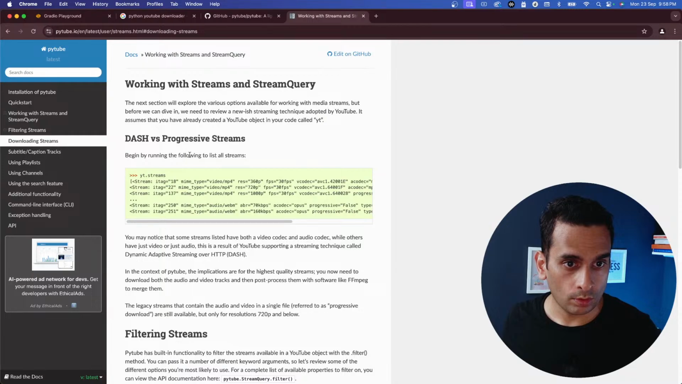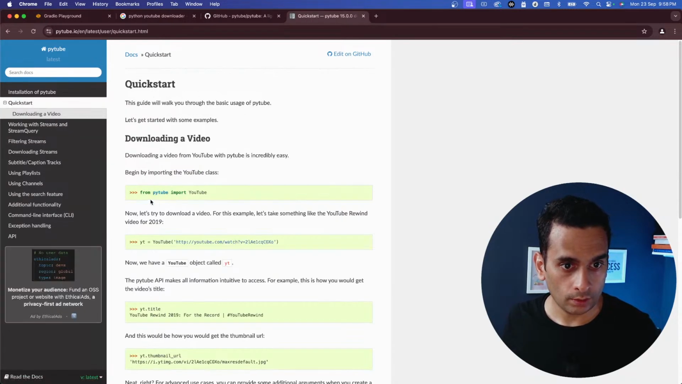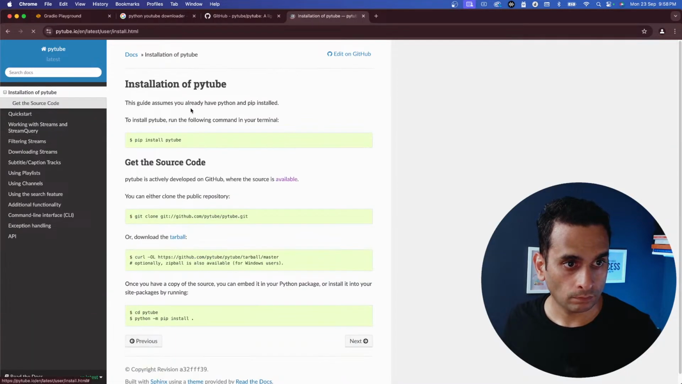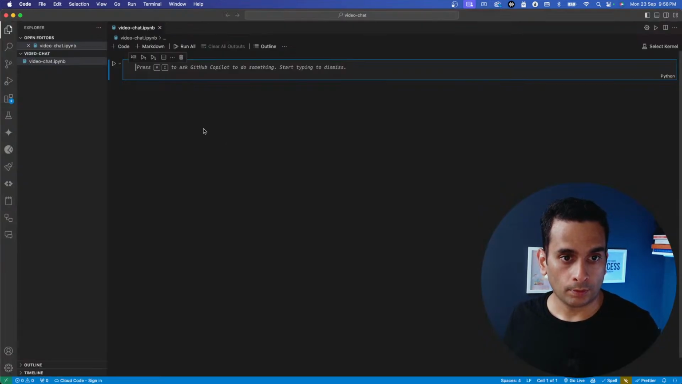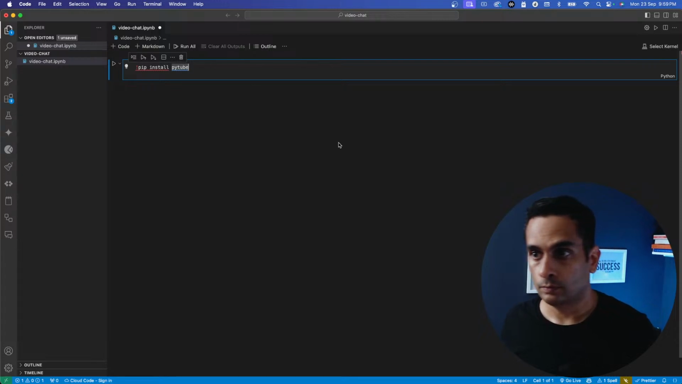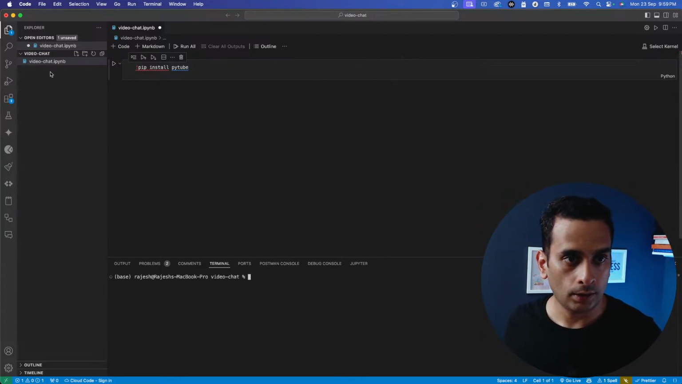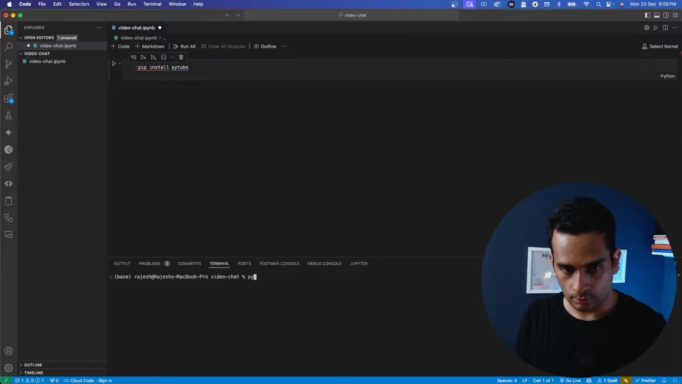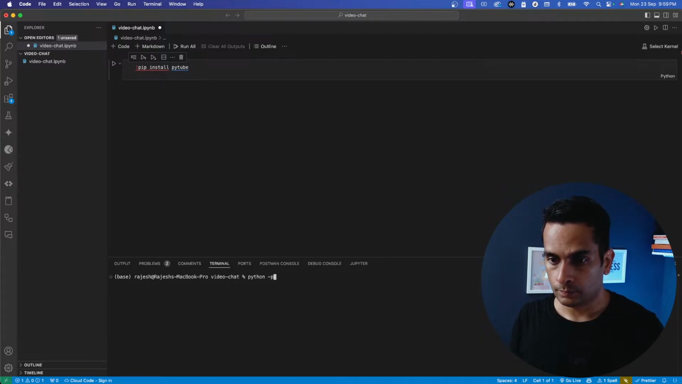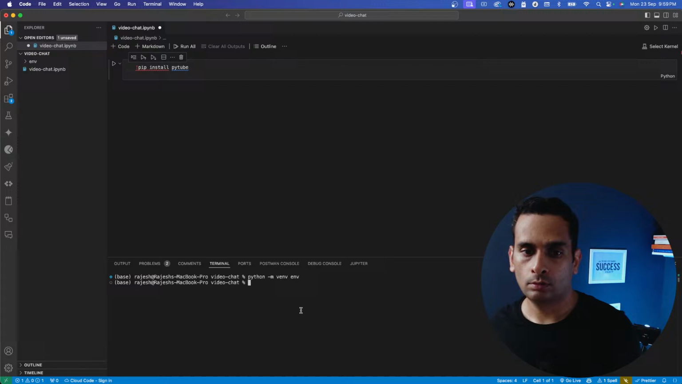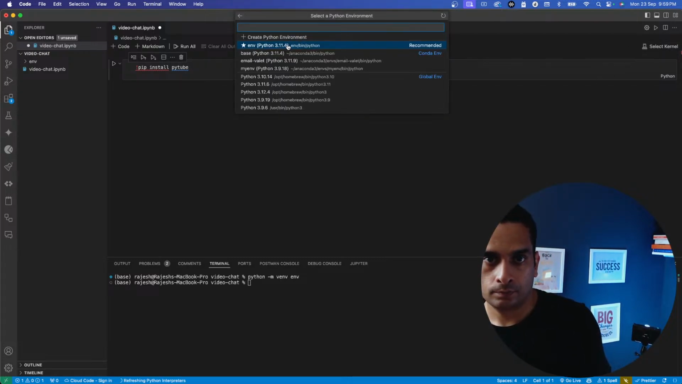So first thing first, we need to download. Quick start from PyTube. Import YouTube. Sorry. We need to download the library itself. Pip install PyTube, and then we need to, sorry. Alright, so we need to basically create an environment. Python. So we are creating an environment now. Now we have environment. Let's use that one